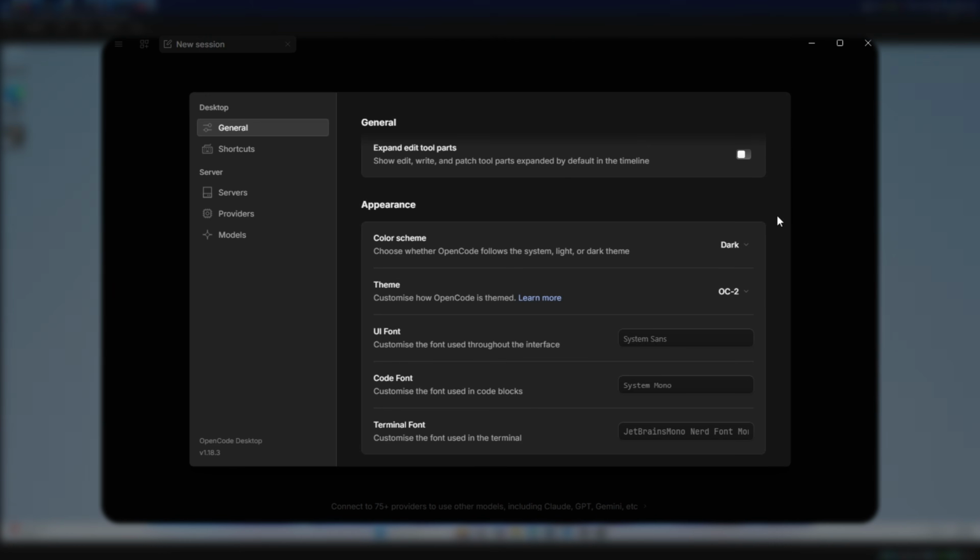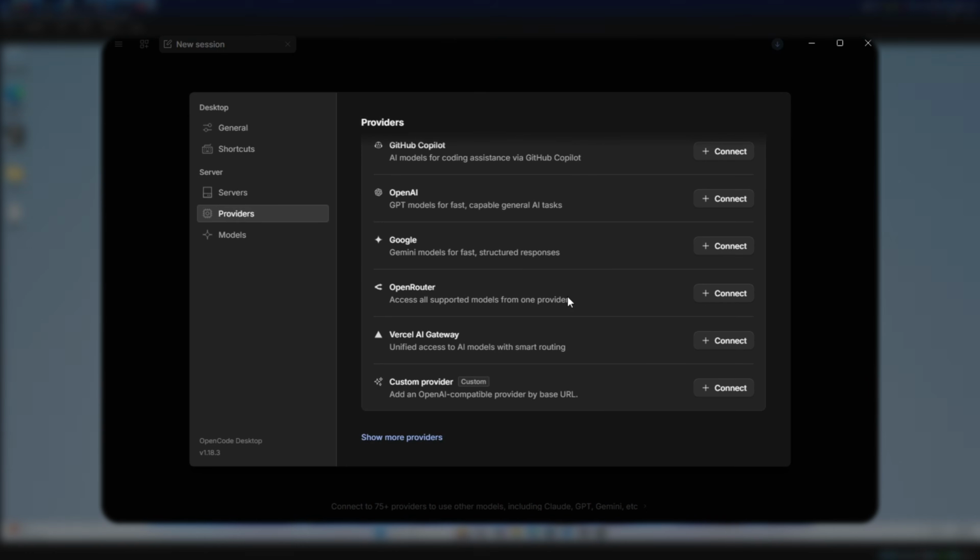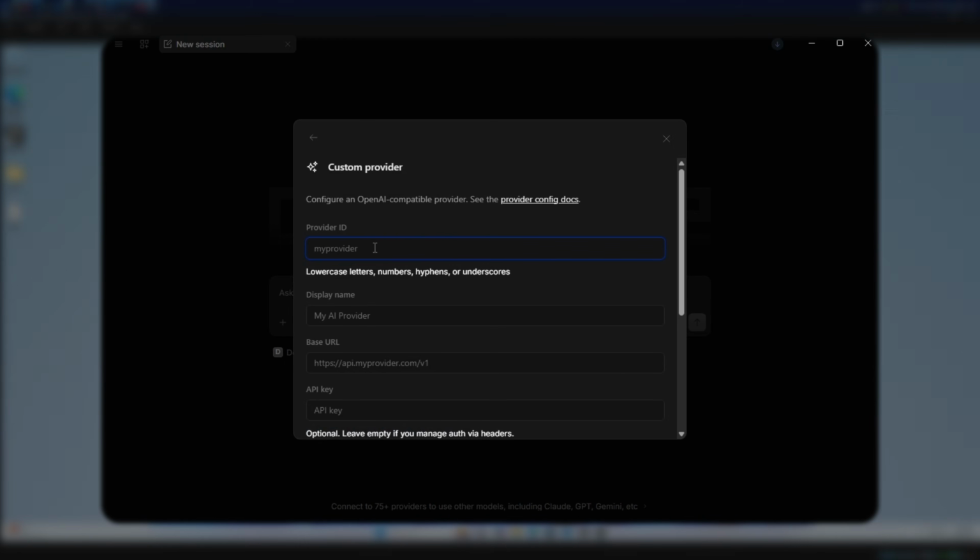And now the important part. In those same settings, there's a Providers section. And for OpenCode to talk to our local model, we scroll all the way down to Custom Provider, where we can add an OpenAI compatible provider by base URL, and then we can click on Connect. So the provider ID and the display name, I'm calling local-Ollama. And two things tripped me up here that'll trip you up too. It has to be all lowercase, and it has to use hyphens instead of spaces. So local Ollama with a hyphen or a dash,